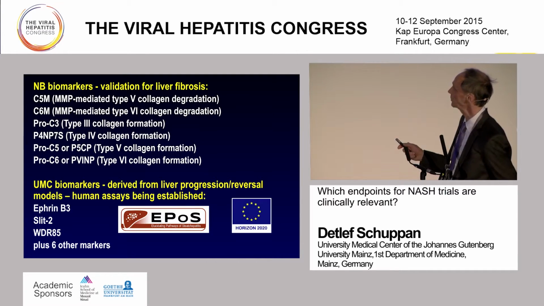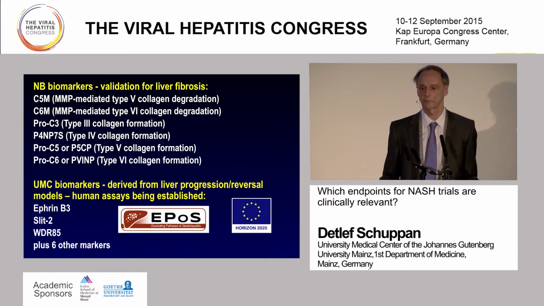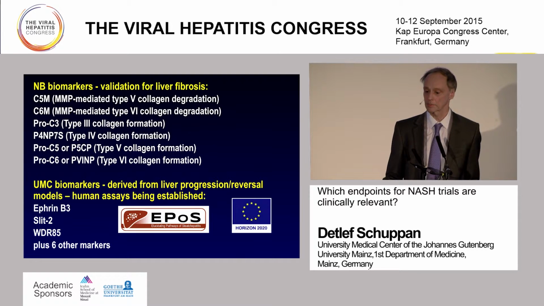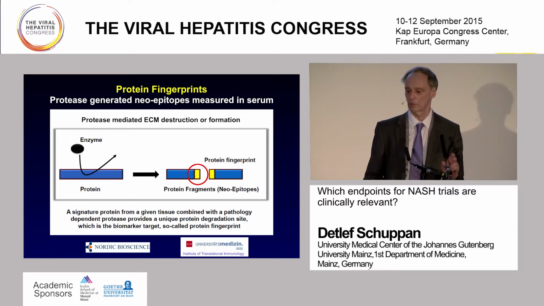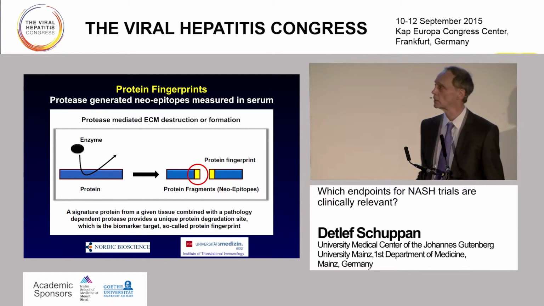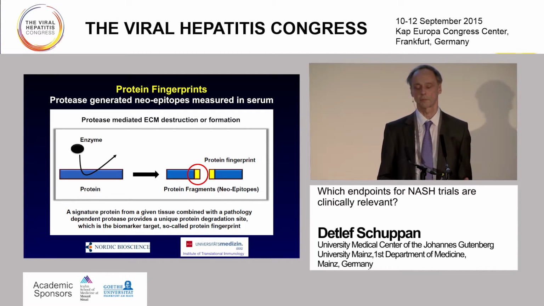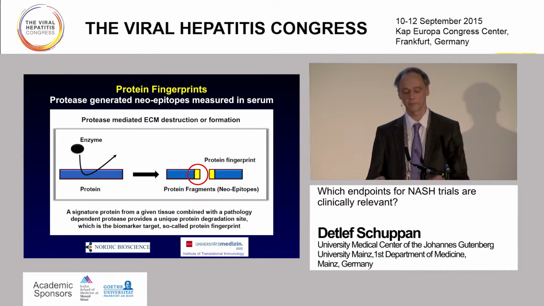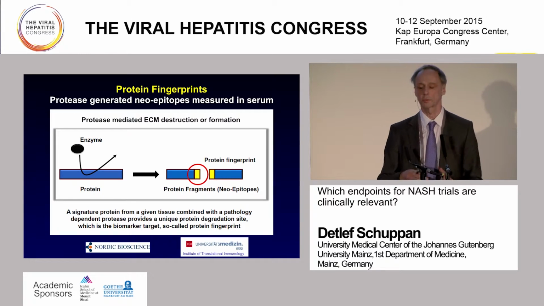And then there are other markers that we developed both in Boston and here that were found by proteomics of rapidly progressing animals in this case, and regressing animals. So there are fibrogenesis and fibrolysis markers which we are putting on an assay basis now. And just to give you one example that there is really good hope that we are arriving at very good markers. This is a protein which is processed by an enzyme. So it's a collagen, for example, and it's cleaved here, either producing degradation fragments of that protein being related to removal of excess matrix, or producing from a precursor form a mature collagen which is deposited.